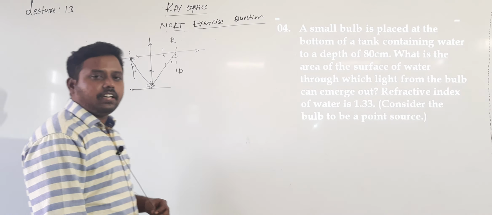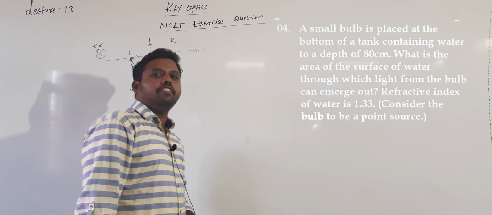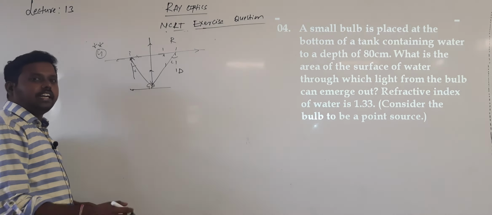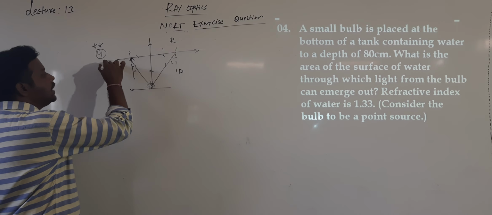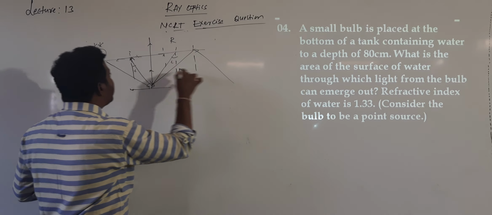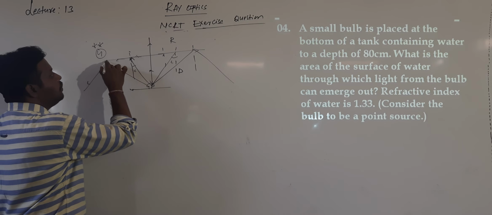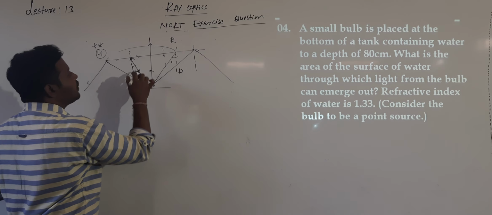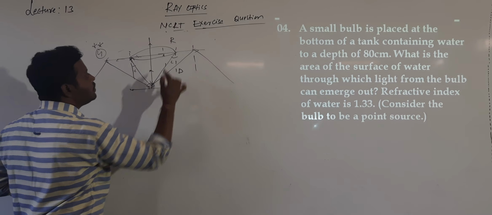Whenever light rays travel from an optically denser medium to a rarer medium, they bend away from the normal. At an angle of incidence equal to the critical angle, the light ray grazes the interface. If the light rays are incident at an angle more than the critical angle, they will undergo TIR. So what does it mean? The light can be viewed only through one circular cross section, within the critical angle.